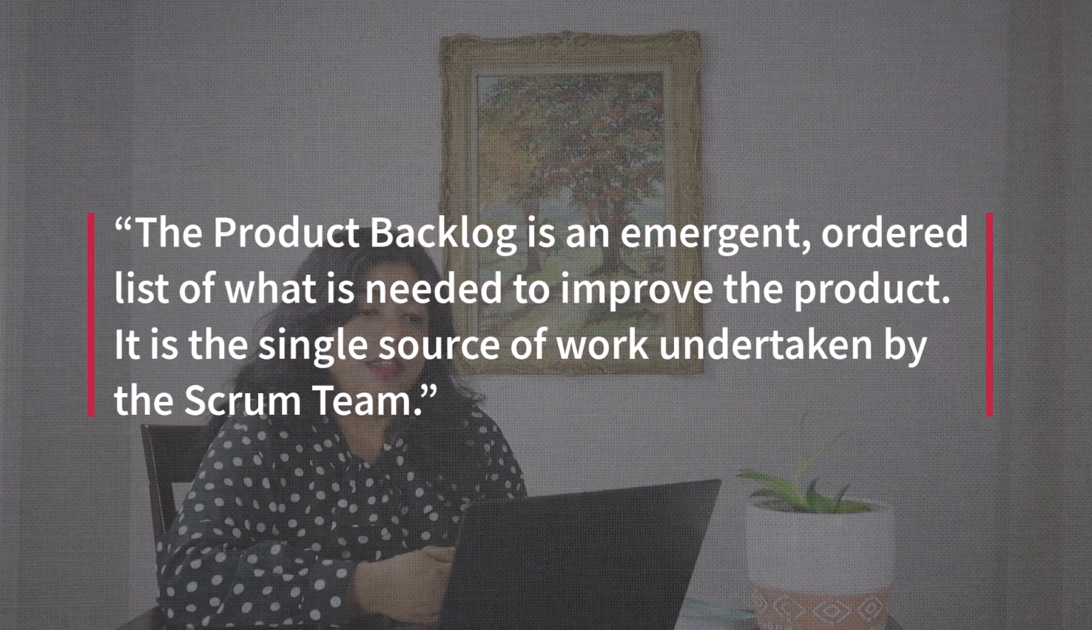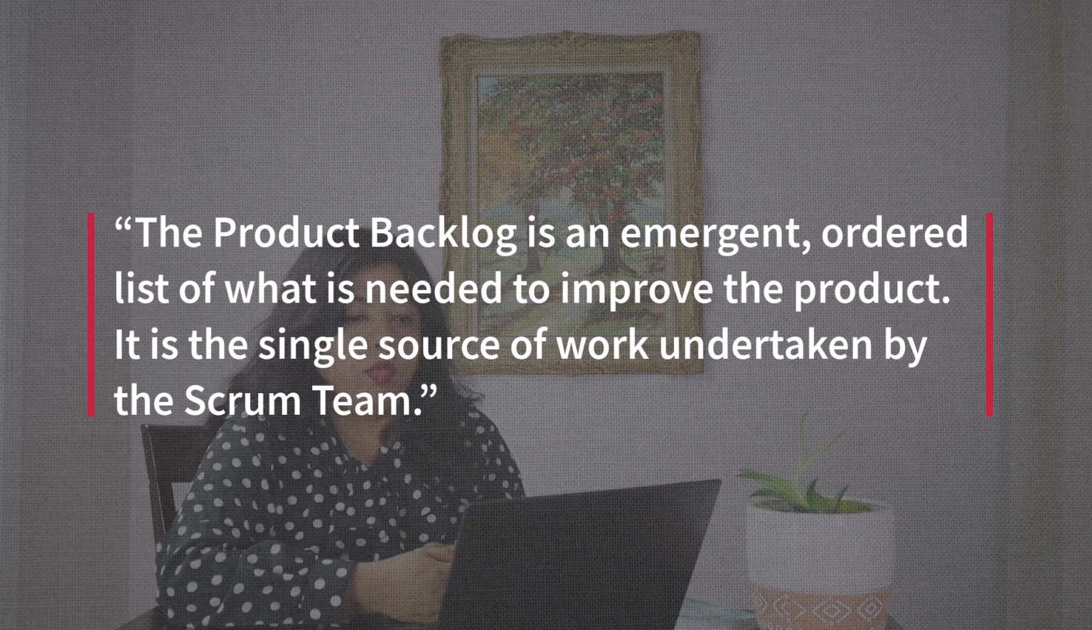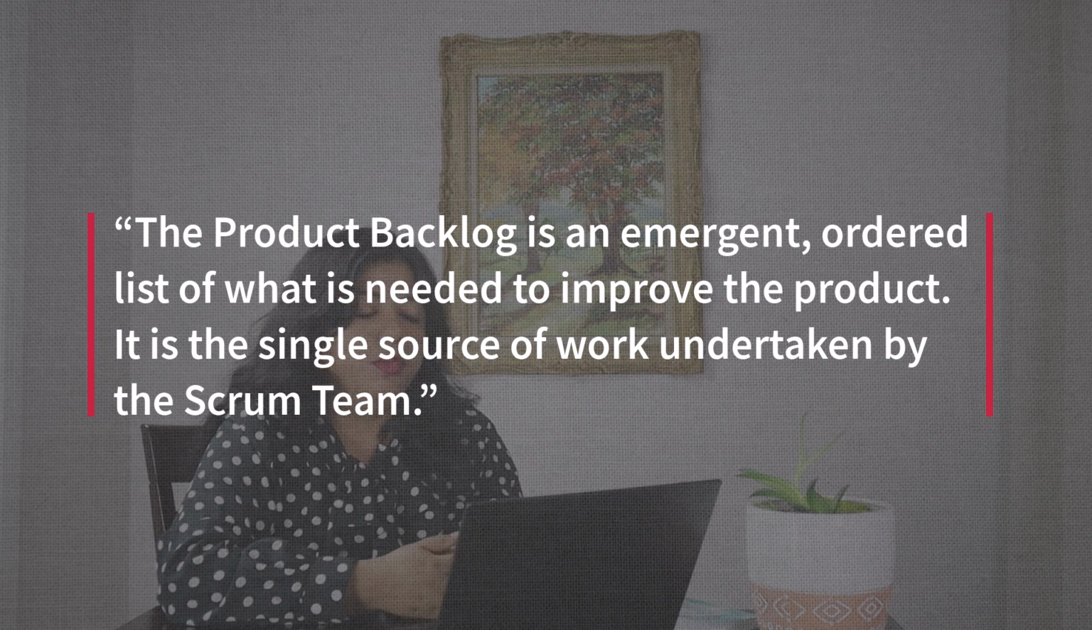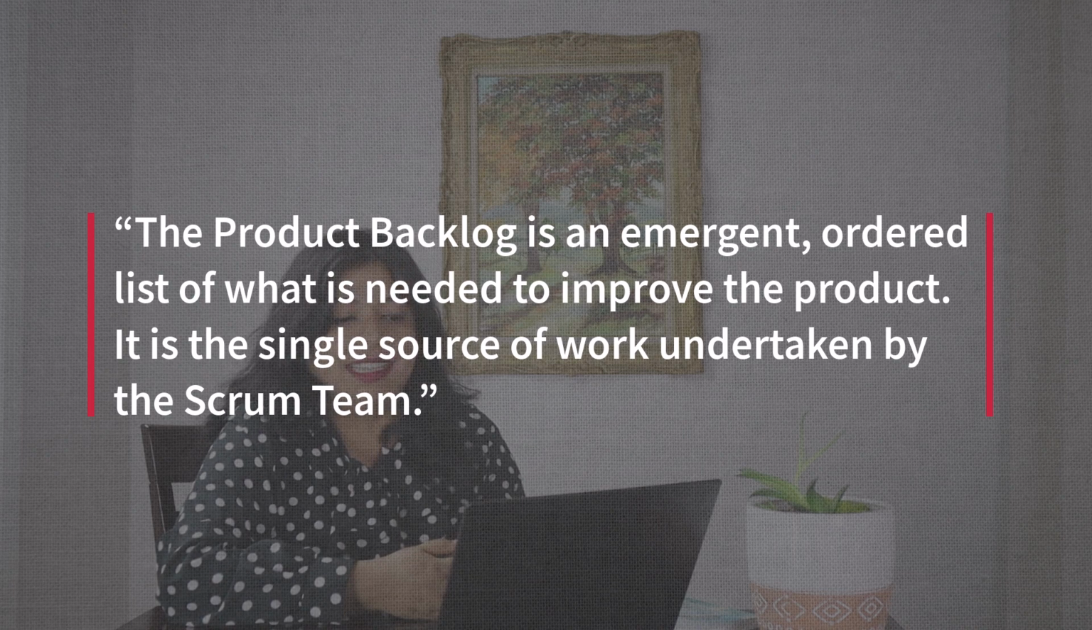Scrum Guide 2020 says, the product backlog is an emergent ordered list of what is needed to improve the product. It is the single source of work undertaken by the Scrum team. The product owner owns the accountability for the product backlog as well as the product goal that it contains. The product owner takes into consideration non-functional requirements, dependencies, even compliances that might have an impact on the feature being